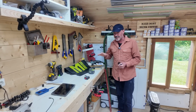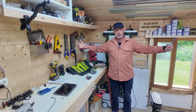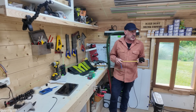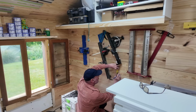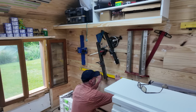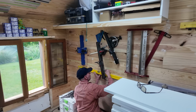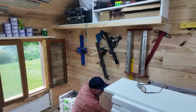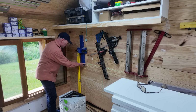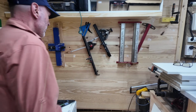I want to make it exactly the same height as this bench, so if I make anything big and want to rest it either side, I can actually do that on the benches. That's 90mm above the bench height. That height minus 90mm, which is there. So that gives me a worktop height of, gives me my leg there, and it gives me my other leg there. So that is the size